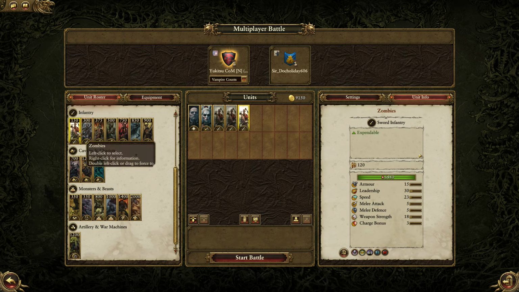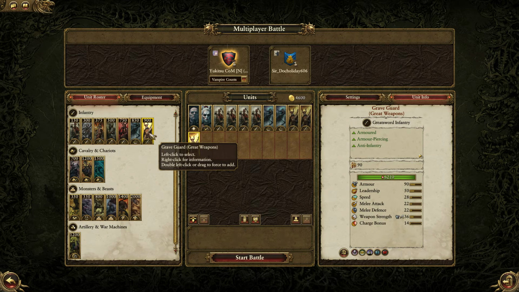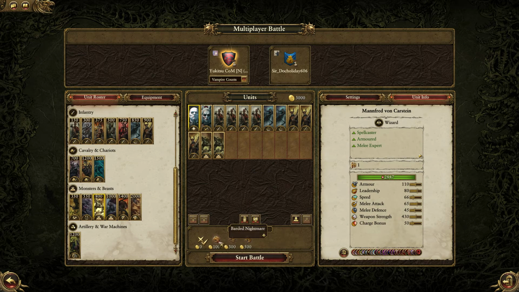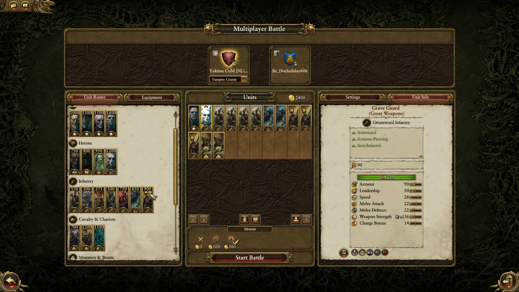Let's go ahead and just use zombies as our main sort of tie-up line. We're going to use 2 units of the Karen Wraiths. We're going to use 3 units of the Graveguard with great weapons. We're still going to use Cryptors, but I'm only going to use 2 units of them, I think, in this particular matchup. I'm perfectly happy leaving von Karstein on the ground. Actually, no, let's put him on a Hellsteed, and let's take the Vampirus on the Hellsteed as well. Let's go ahead and take...